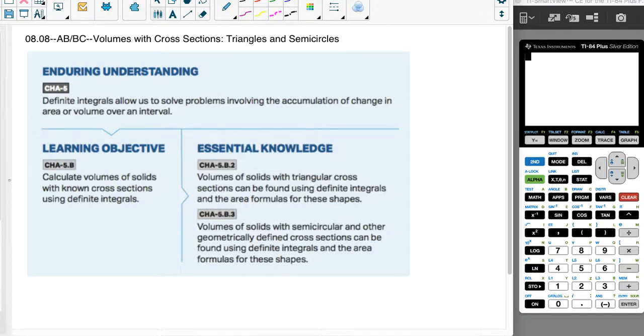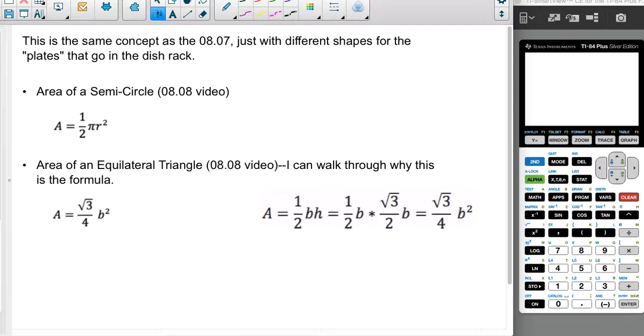All right, this is AP, AB, and BC Calculus. We're doing Unit 8, Section 8, which is more volume with cross sections. This time we're talking about triangles and semicircles. So this is the same concept that we saw in 8.7, just with some different shapes, meaning different plates that go